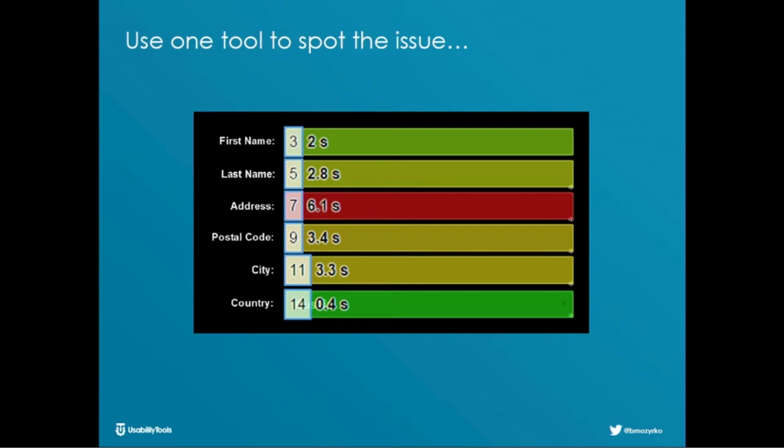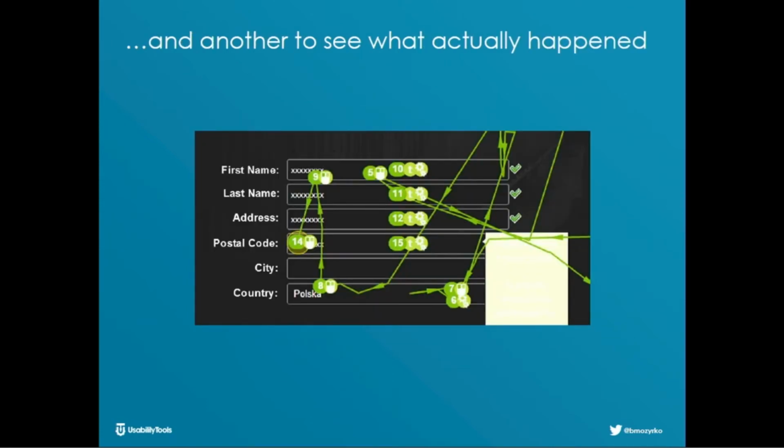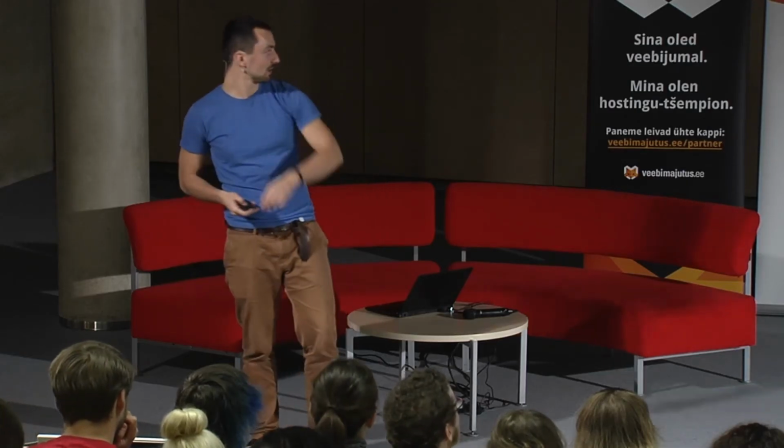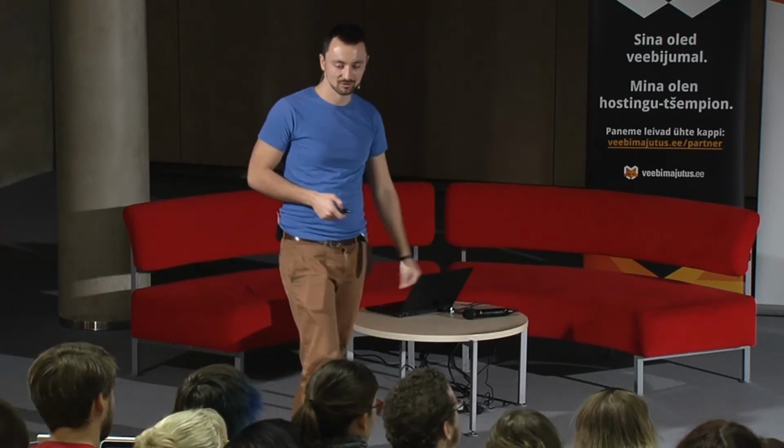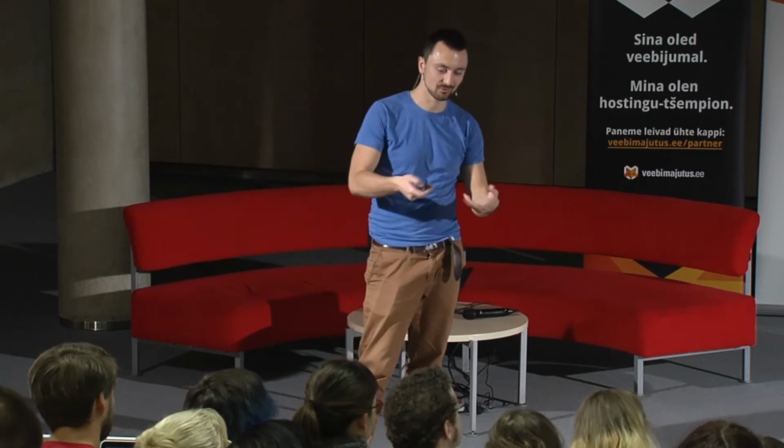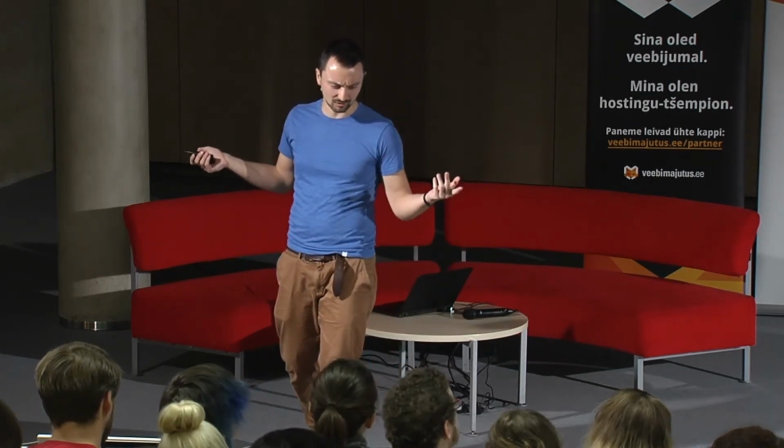So they installed a Form Analytics tool, and they spotted that one field was different. People tend to spend 6.1 seconds on average on the field address. And when they investigated this further with a tool for recording user sessions, they discovered this. I don't know if you can see that, probably not. I can, because I'm standing at a good angle. There is a white font on this yellowish square, and this font tells you which format whatever you are typing there should have. But something slightly broke with CSS,